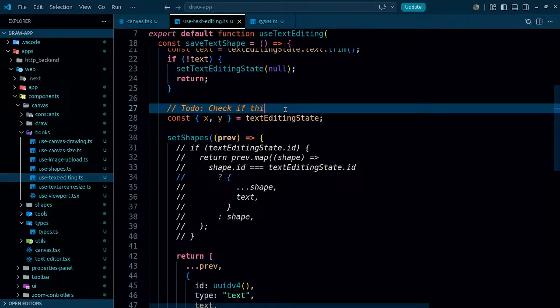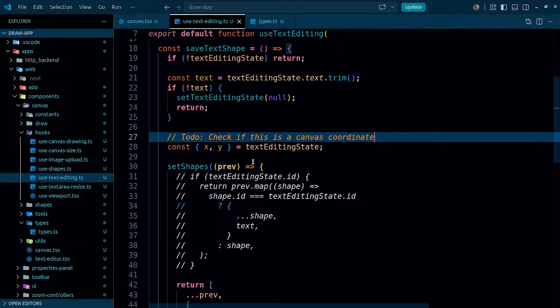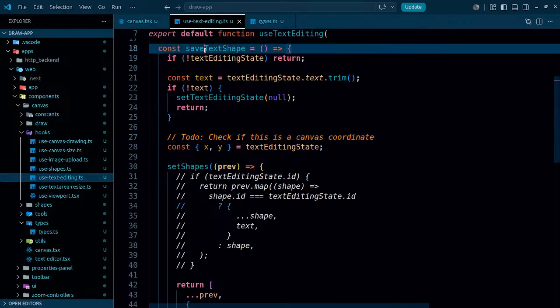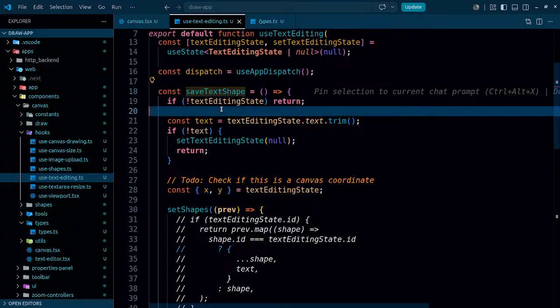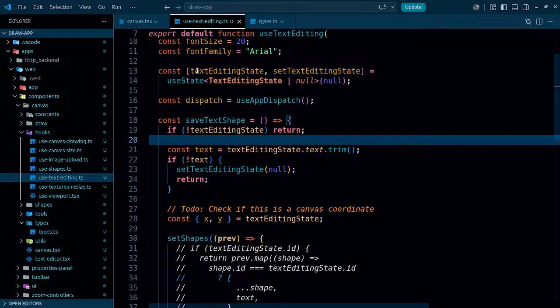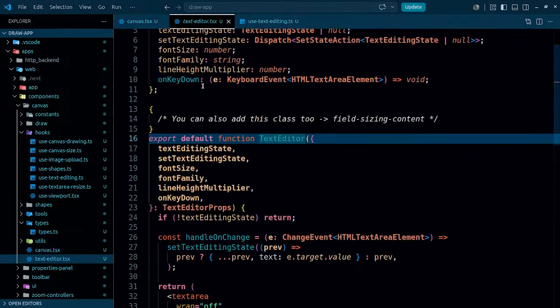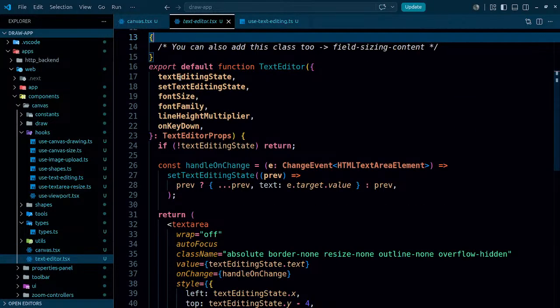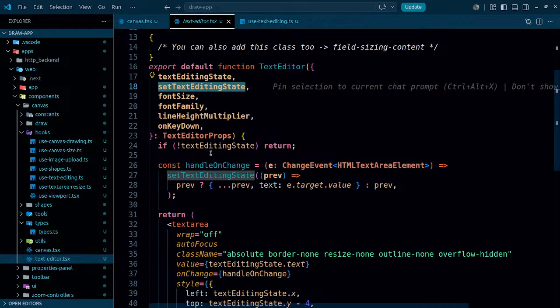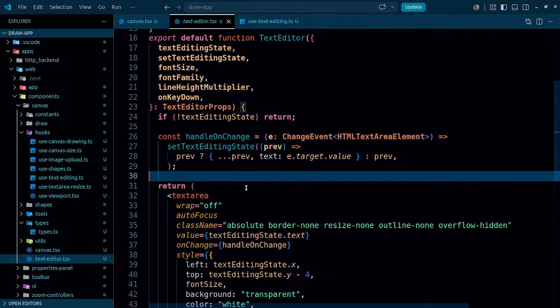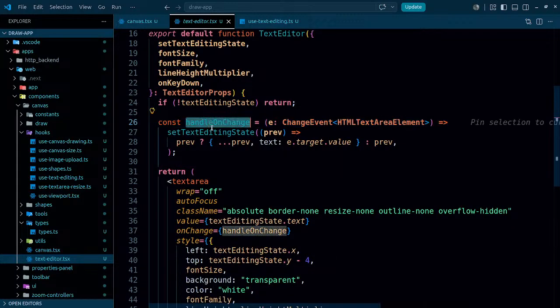Check if these are the canvas coordinates. Alrighty, how can we check that? Wherever it's getting saved, where are we saving the text? For that I need to go to the text editor, and inside this text editor we have text editing, set text editing. Now what is happening on handle change,